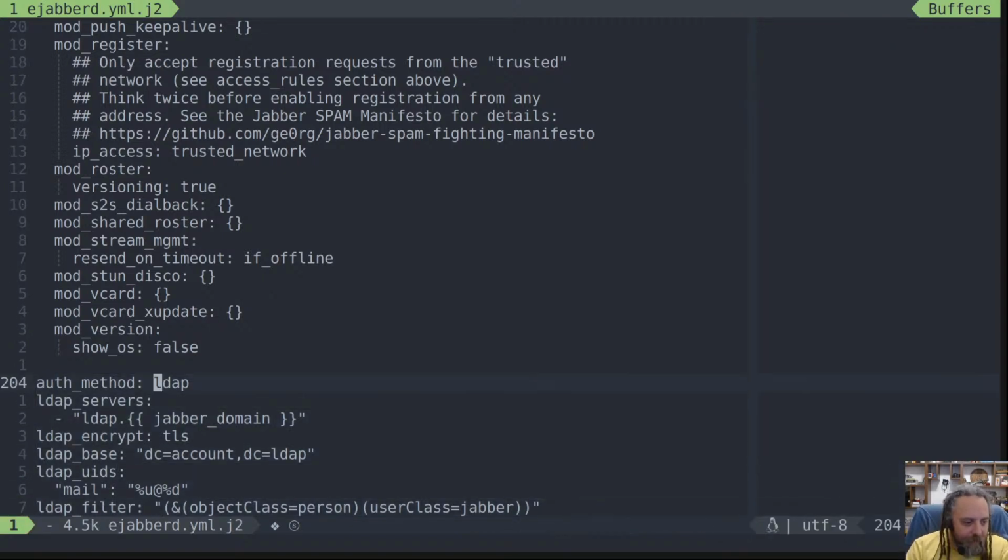And this is how you tell Jabber to authenticate through LDAP. This is an Ansible variable. It's also going to populate the Jabber domain with the FQDN from vars in the project. So Ansible knows what that variable is. And this is